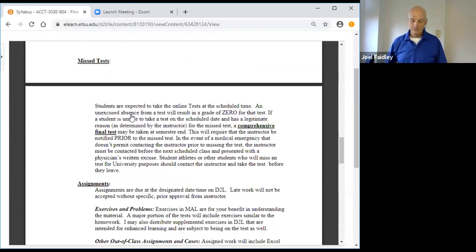Missed exams: if you miss an online exam, and you give me a good excuse for that, and it'll have to be a written excuse, I will allow you to take a comprehensive final exam. Of course, I would encourage you not to have to take a comprehensive final exam. The nature of this course is difficult enough without trying to recall 11 to 12 chapters of information for a final. So make certain that you take each of these exams. I really don't have an issue with that.